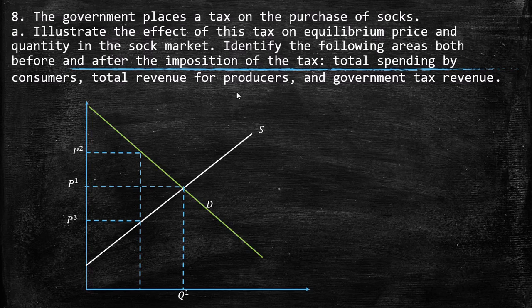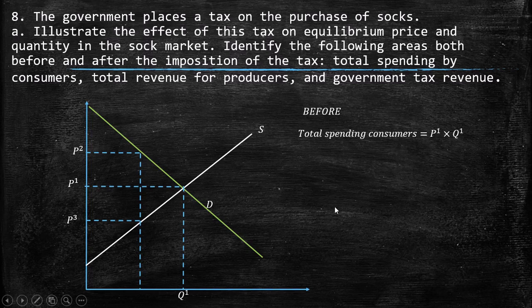So this time we will have new prices. We have this P2, which is the price that the consumer has to pay for one pair of socks, okay? But producers will only receive P3 because the difference P2 minus P3 is the tax,